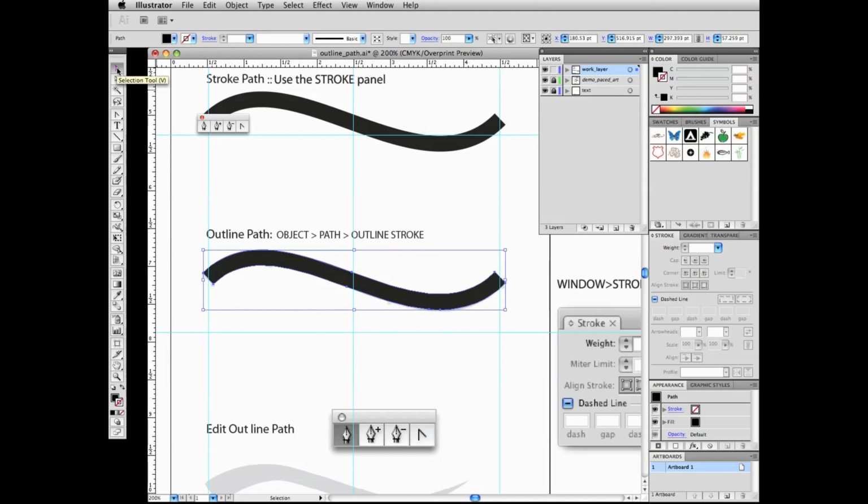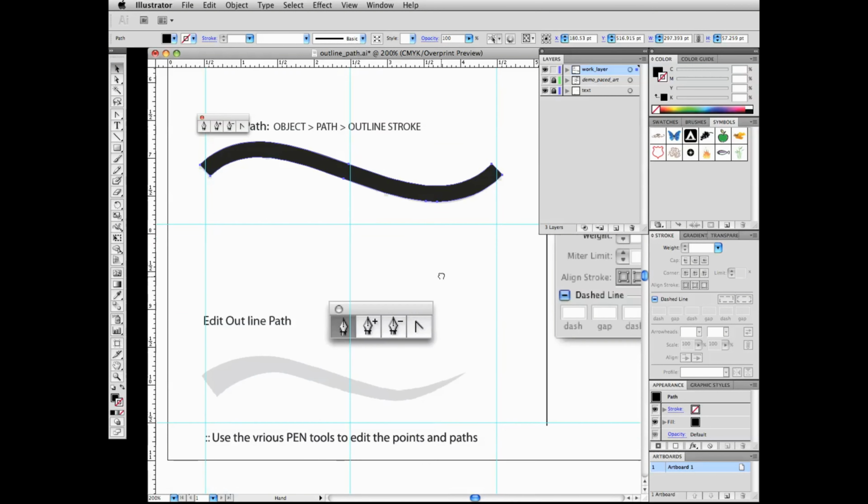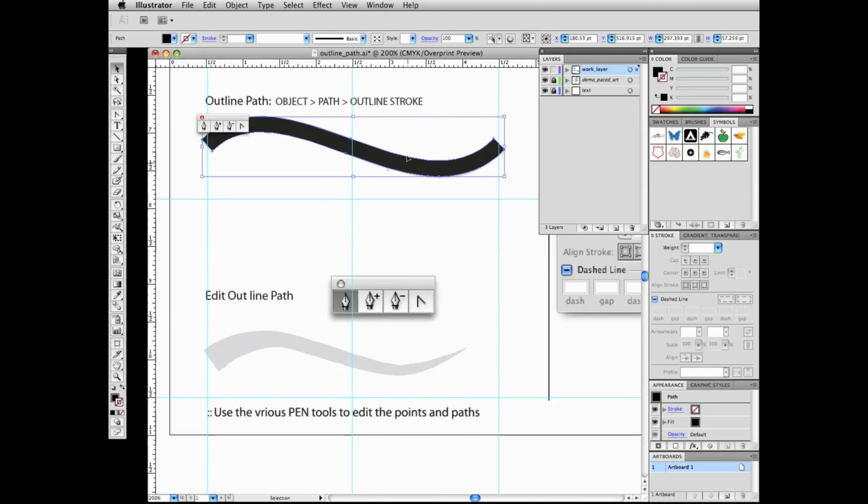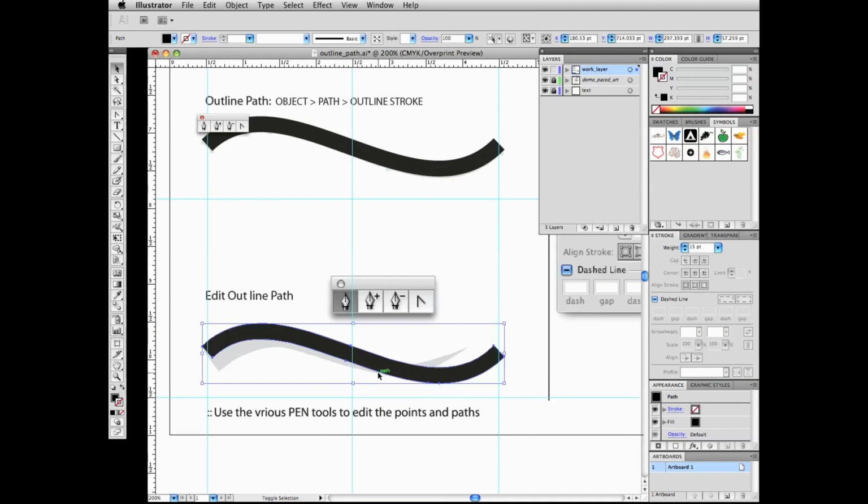So let's get our black arrow, move this up a little bit more, place the cursor right over the object, click, hold, begin to drag, then hold the Option key, then hold the Shift key, and we'll move this right down here. Now what we'll do is begin to edit our path, and we can do that